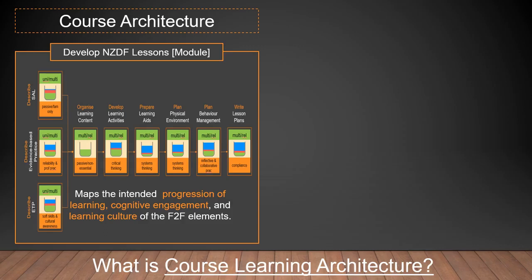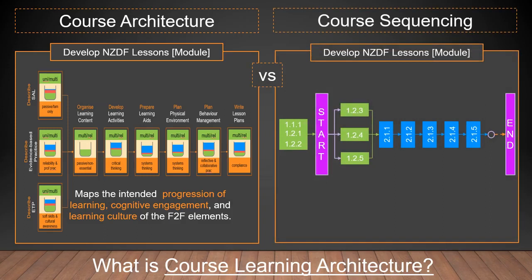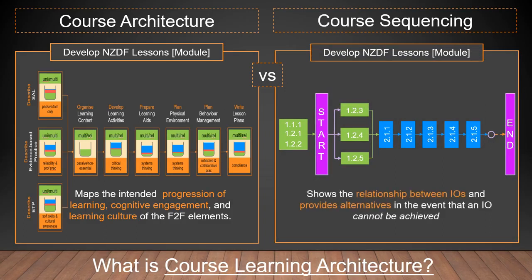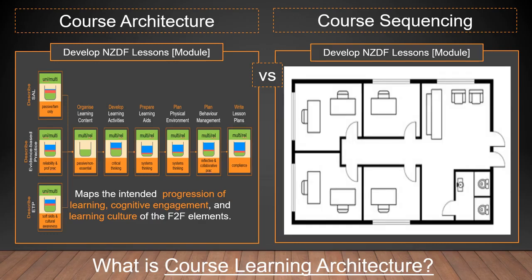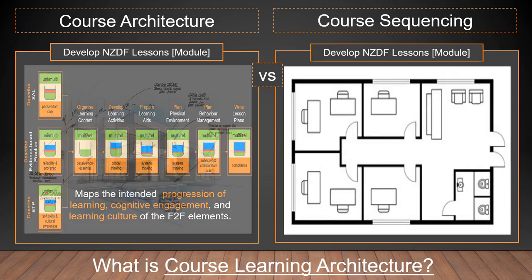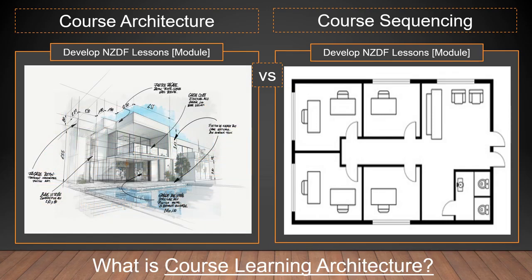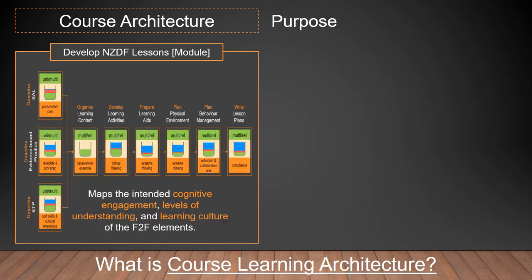It is comparatively more in depth than the course sequencing diagram, which only really shows the relationship between IOs and the alternatives. To use a metaphor, a course sequencing diagram is the floor plan, while the course learning architecture is the 3D technical drawing. And just like architectural or engineering drawings, the purpose of the course learning architecture is to